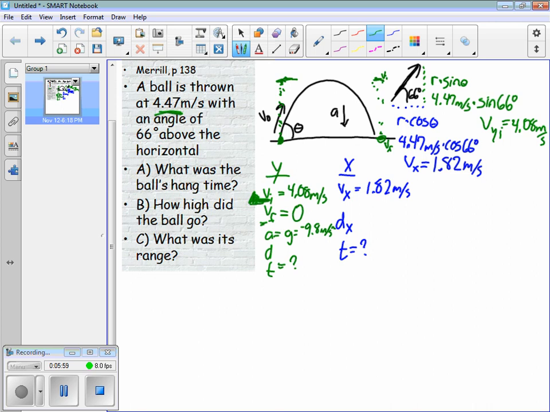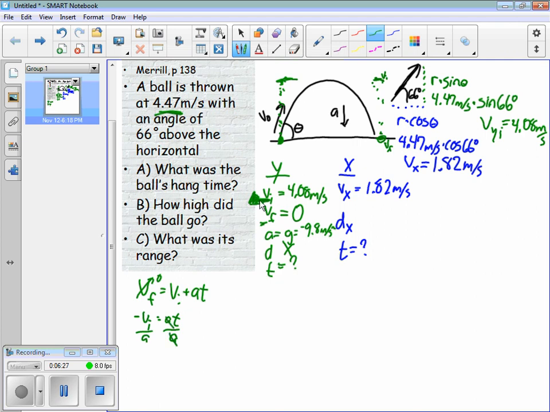Final velocity being 0, and I don't care about the displacement. So that means I'm going to use the VVAT equation. VF equals VI plus AT, and I know that VF is equal to 0. I bring the VI to the other side, so that's negative VI equals AT. I divide both sides by A,